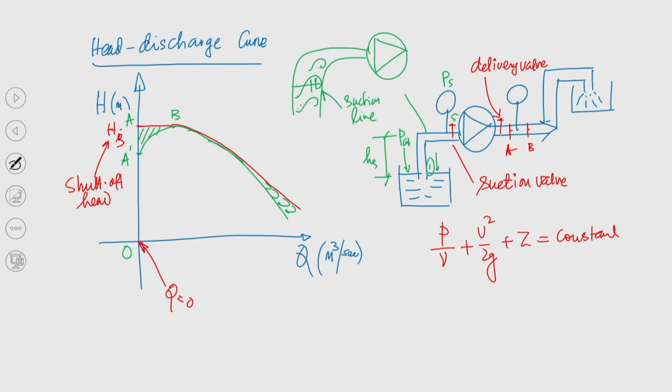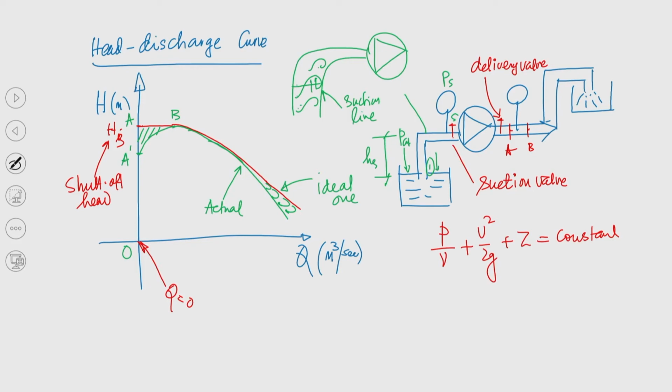Though the ideal head characteristics curve is like this, this is the ideal one, but the actual H-Q curve would be what is shown by the green color, right. To explain this I have taken this example. So, the actual H-Q curve will look like this curve shown in green color, while the ideal one is definitely the red color.